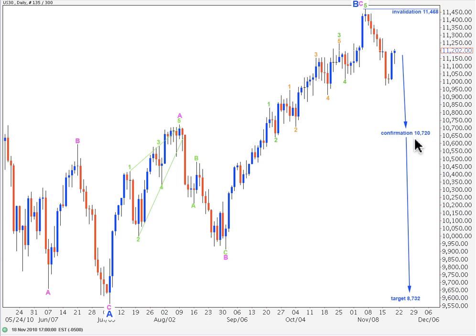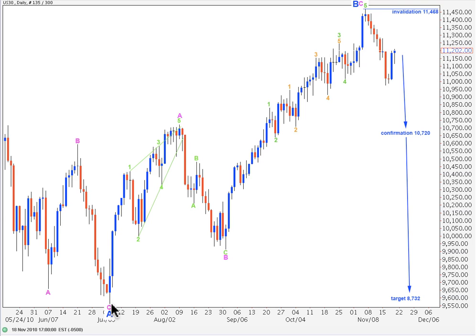This wave count will be confirmed with movement below 10,720. If price moves below that point, the main daily wave count will be invalidated. That will confirm this alternate. For an expanded flat correction or any type of flat correction, it's most likely that wave C blue will end beyond the end of wave A, take price at least below this point, and for an expanded flat, the most common relationship between A and C is where wave C is 1.618 the length of A, which would be achieved at 8,732 points. So if we see price move below 10,720, it's extremely likely that it will move below